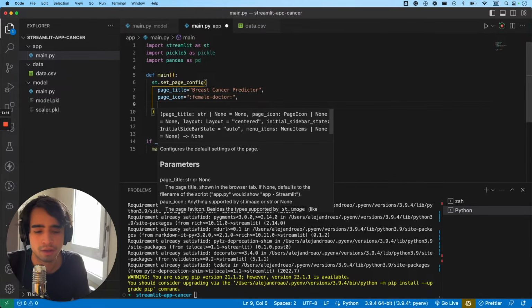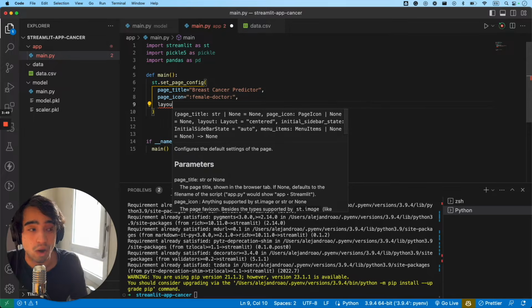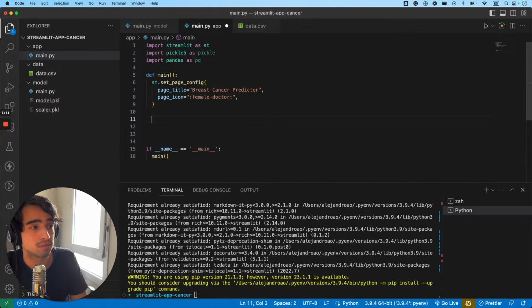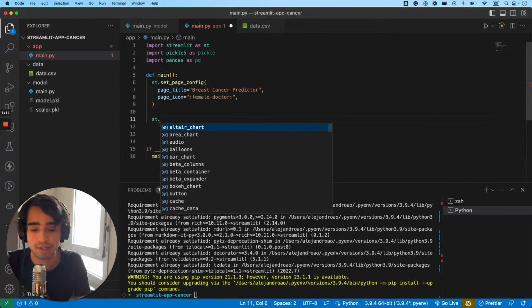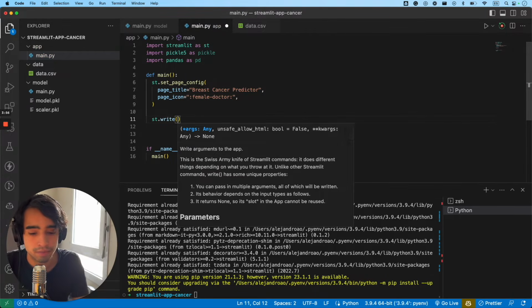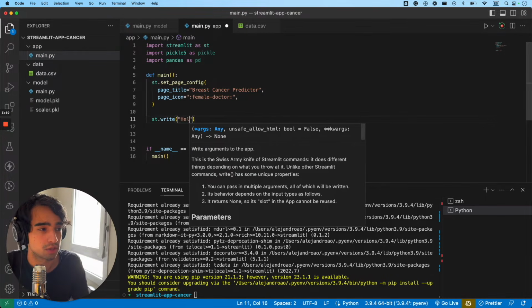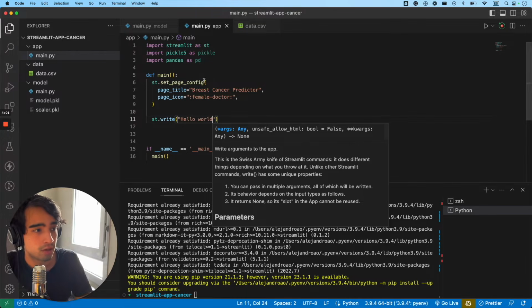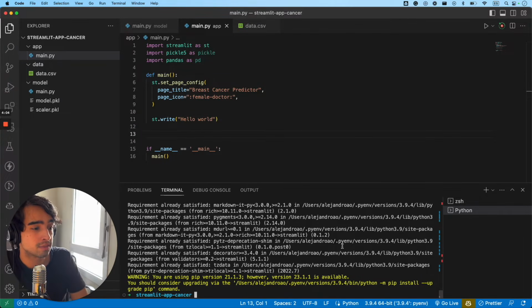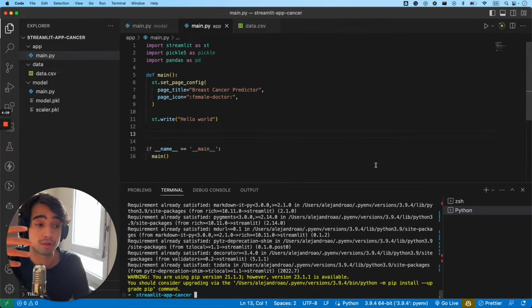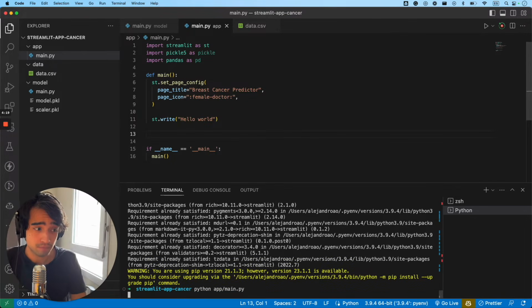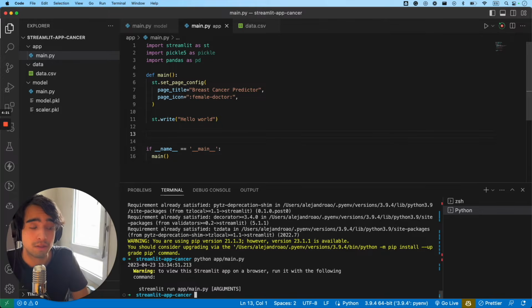It's supposed to work. And the layout, I'm going to say it's wide, because if I just run it like this, let me just show you. In order to write anything, I'm just going to say write, and let's just do hello world. There you go. If we save this file and try to run it, also watch out, in order to run this file, you cannot just do python your app main.py,